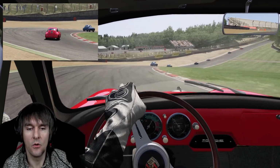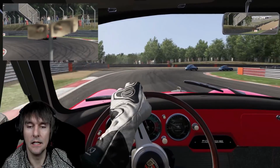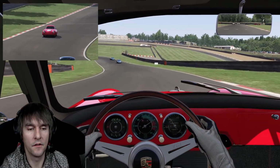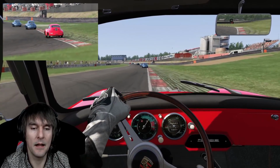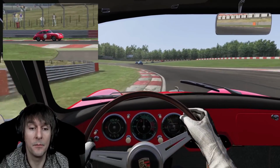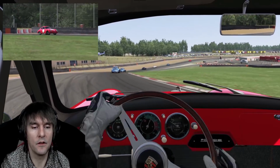Very nice. Don't go on a big track. I would suggest not bothering driving this on somewhere like Silverstone or Monza, because that would get boring very quickly indeed due to the lack of speed, inherent pace within the car, and horsepower and straight line speed and all that good stuff. But on somewhere that's twisty, we've gone for Brands because it's nice and short and straightforward, but can you imagine some of the twisty first and third party tracks that are available, especially some of the epic historic circuits that have crept up and continue to creep up over time for Assetto Corsa. I can imagine that would make this car absolutely sing in the proper environment